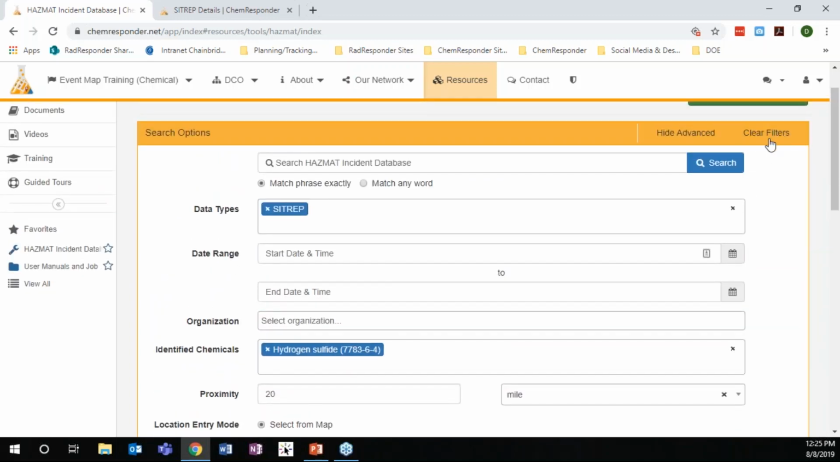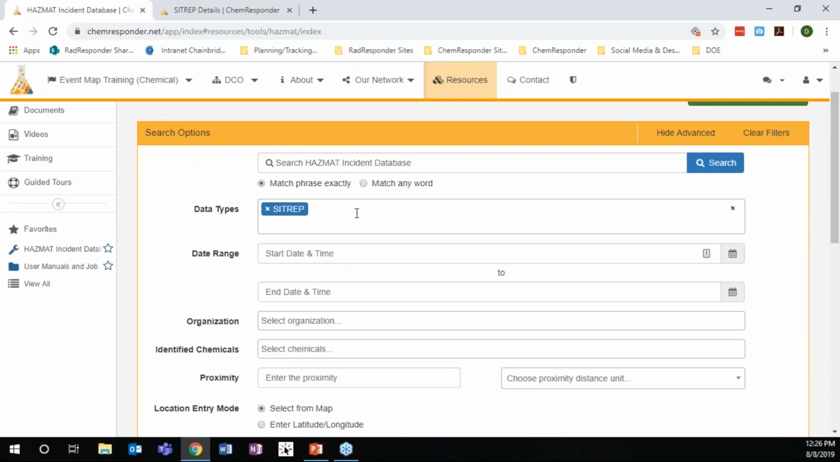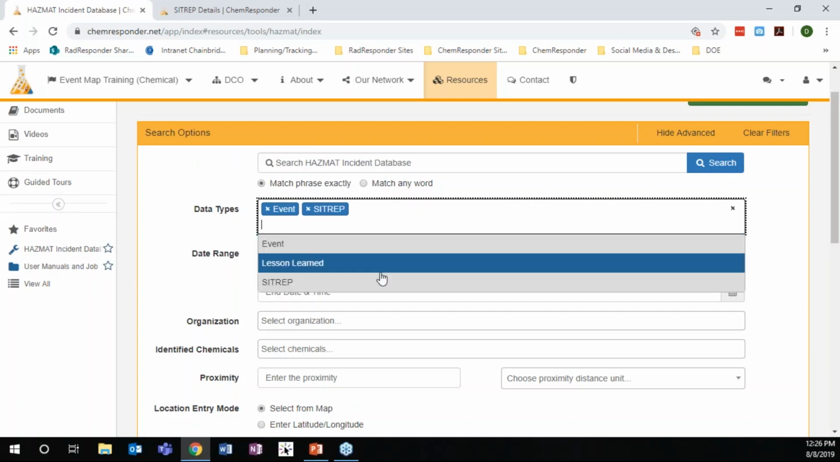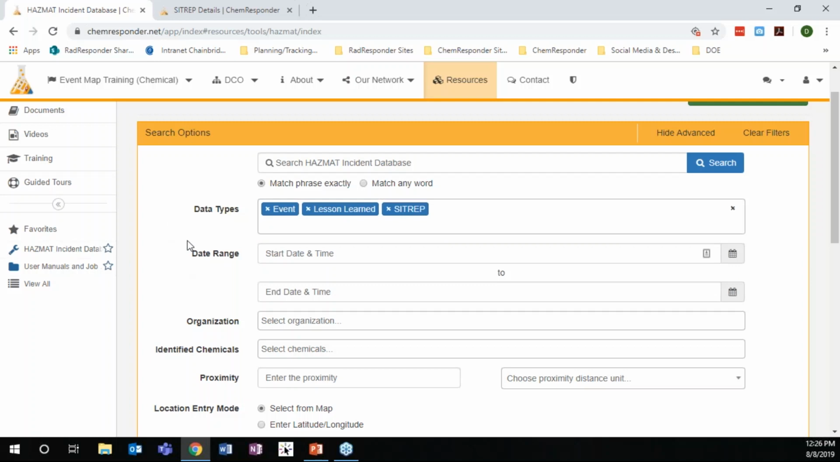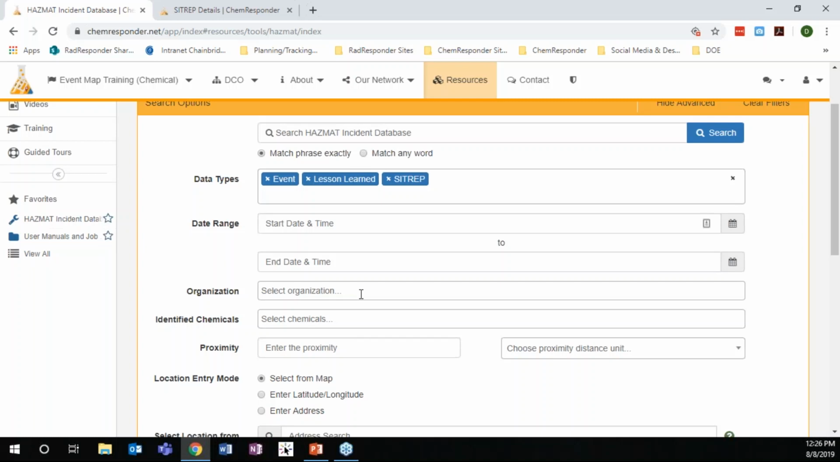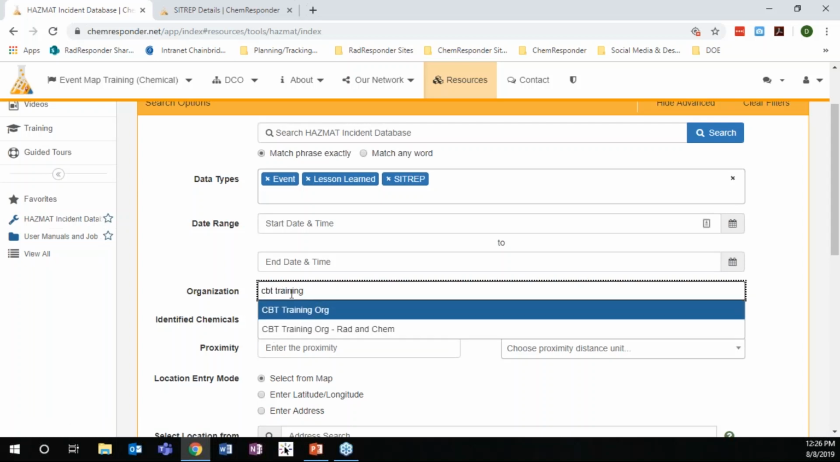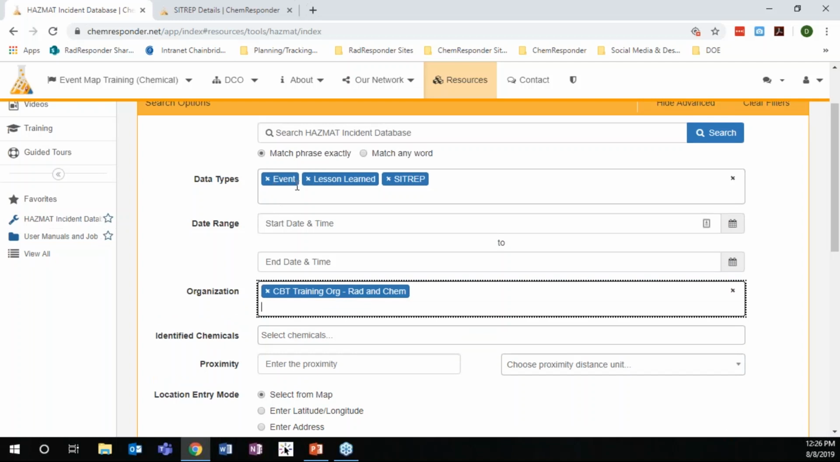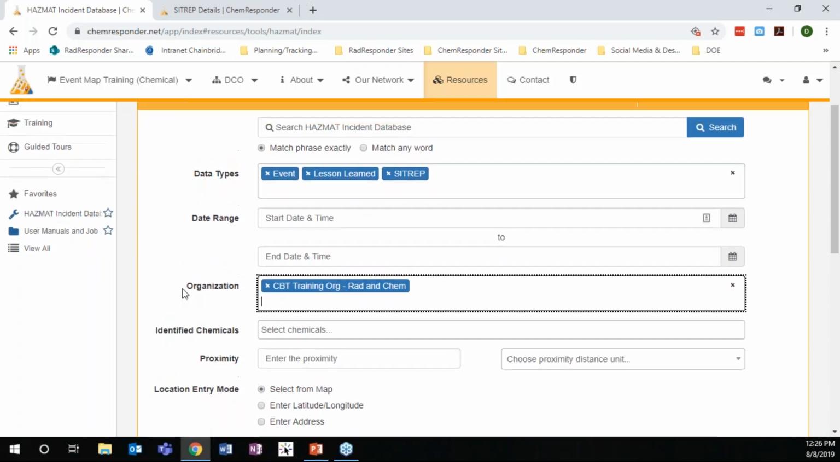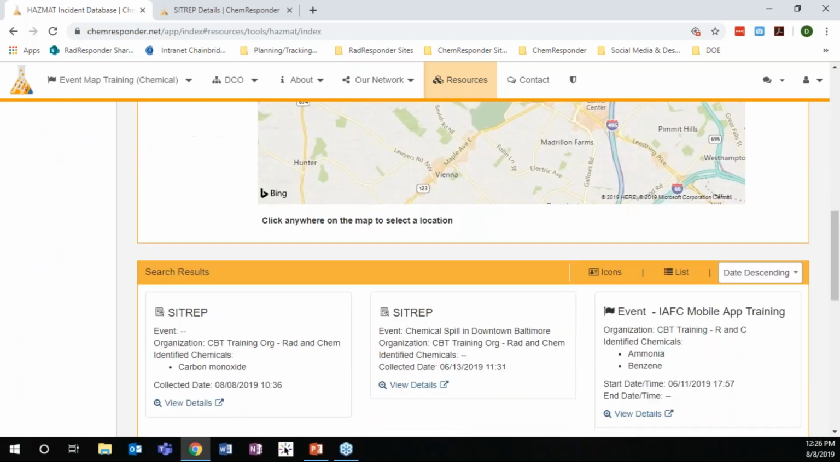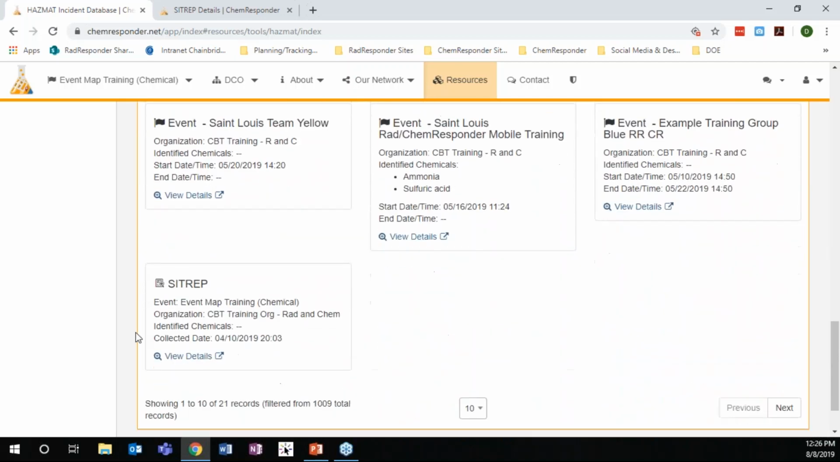So just one more example. I'm going to come up here to my clear filters to wipe all those search parameters that I entered. I'm going to put my events and lessons learned back on here. And now I'm interested in what one of my partners has been doing in Chem Responder lately. So now I'm going to enter one of my partner organizations. I'm going to search across their events, lessons learned, and sit reps for the CBT training org, Rad and Chem. So let's just execute that search, and it's going to pull up all these different events that they're sharing with